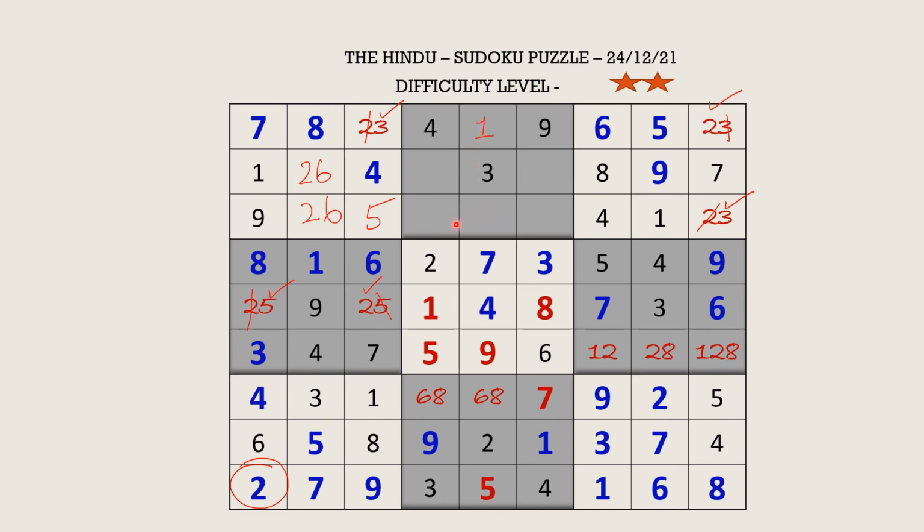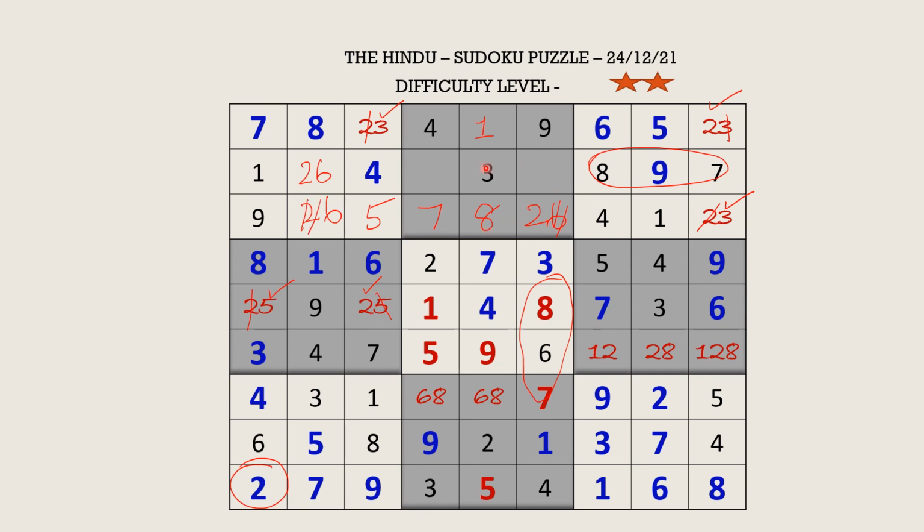And so moving here, we know that this 8, 7 is blocking here, and we have 8, 7 blocking here. So these are the two cells which will take 8 and 7. So 7 is blocking here. So this becomes 8 and this becomes 7. Fine. So here the missing numbers are the complementary pair 2, 6. Since we have 6 blocking here, this becomes 2 and this is 6.